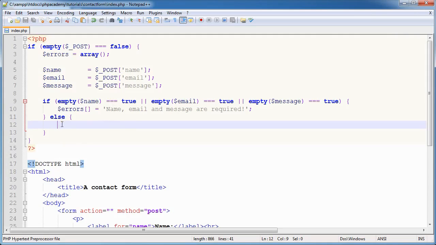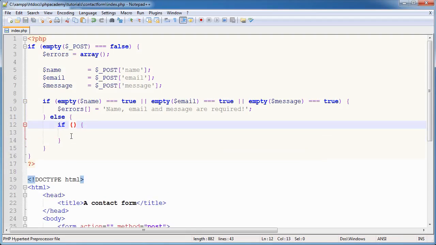Otherwise we can go through a list of however many if statements we like to perform additional checks. So for example, we might want the name not to contain any numbers. We definitely want the email address to be valid, so let's go ahead and start with that one. So I'm going to say if filter_var, and this function is almost like a regular expression. So I'm going to say email, FILTER_VALIDATE_EMAIL. Now if that's equal to false,